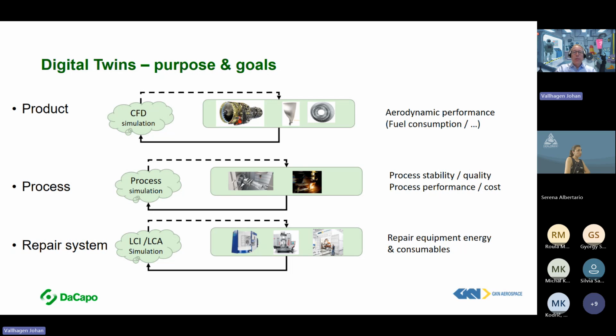And the process is one view or one perspective of it. But if you want to understand the total impact on sustainability, you need to study the repair system as such, and then understand the different types of energy and consumables required to do it, so you can do the complete life cycle analysis of it, and also make choices of which kind of method you would like to use, depending on a lot of circumstances and trade-offs needed.